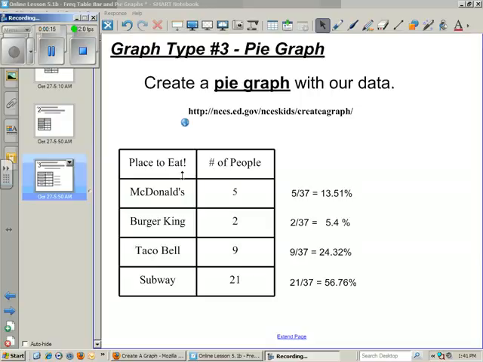We have the same frequency table as before here on the screen, and I've done something a little bit different with McDonald's. There were 5 students that chose McDonald's in my survey. There are 37 total students, so what I did for the pie graph, one idea is I have 5 students out of 37, so I divide 5 divided by 37, and that is 13.51% if I were to convert that to a percent. I'm not going to do this on the online pie graph version,